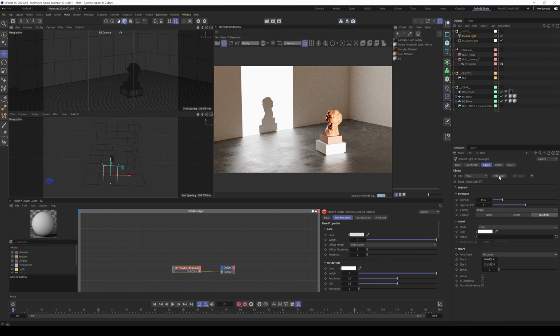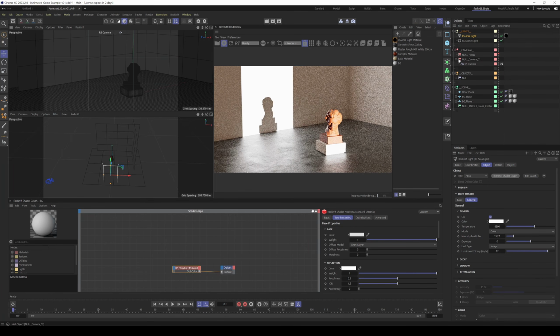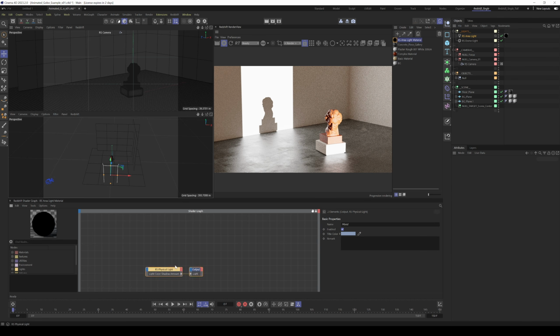going to go and add graph, and this is just going to give a few more options for the texture. So this created a new RS light material, and it automatically applied it to the area light. So I'm just going to click on this and dive in here to the shader graph, and I'm going to